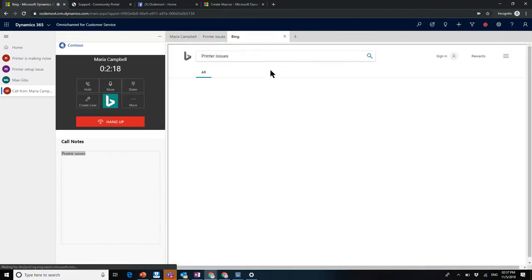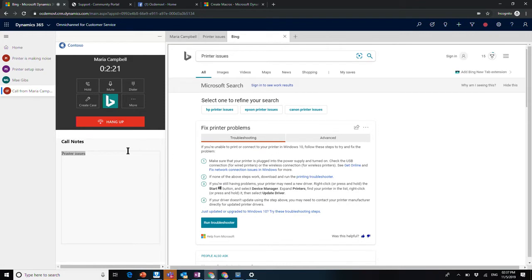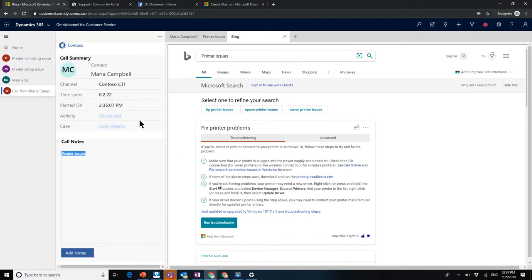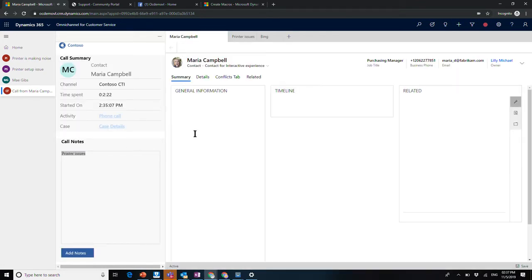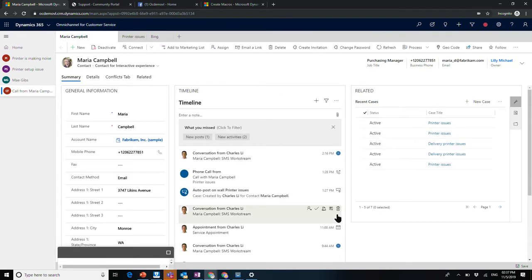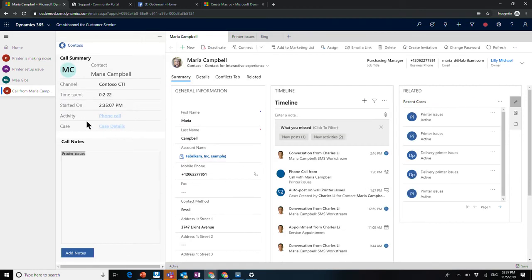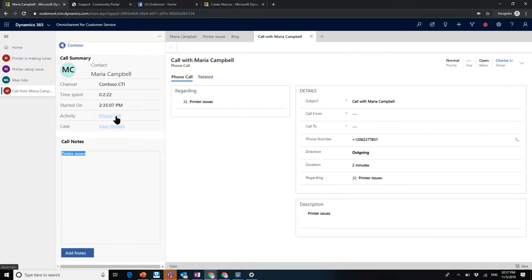And once I want to hang up this phone call, I can minimize this screen. I can minimize the widget itself. You see it minimized, so that you can have the whole experience to work on the post-call wrap. You can again maximize it back. You can look at the activity. When you click it, it automatically opens in a new app tab.